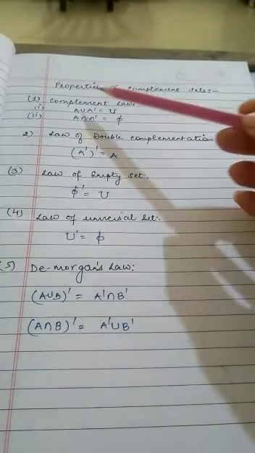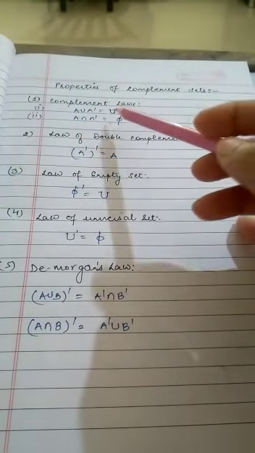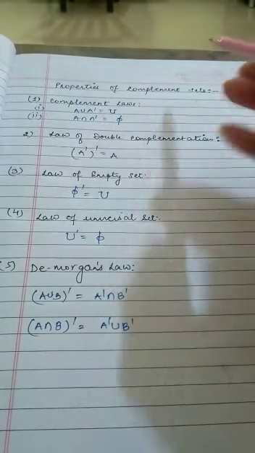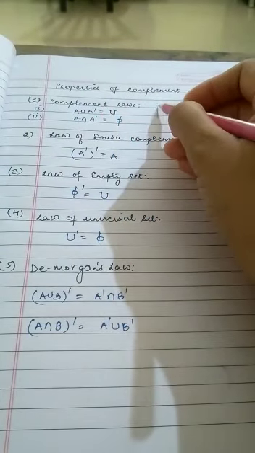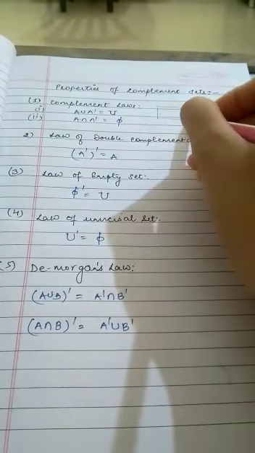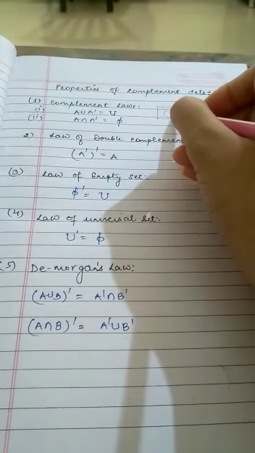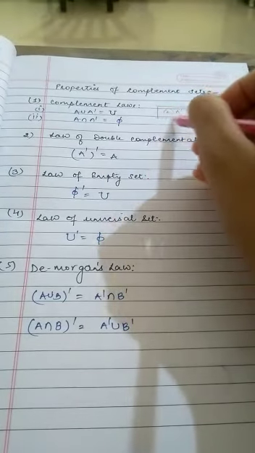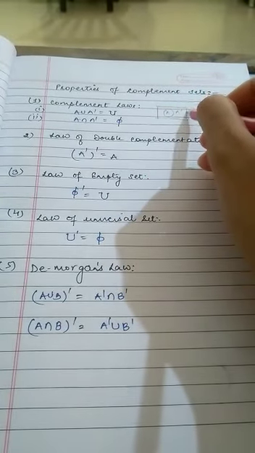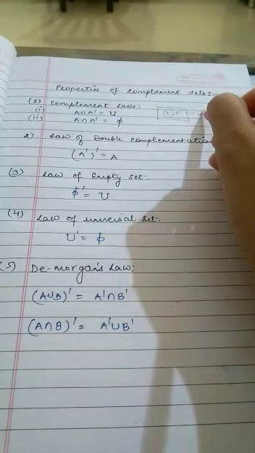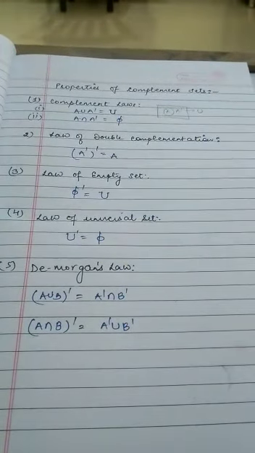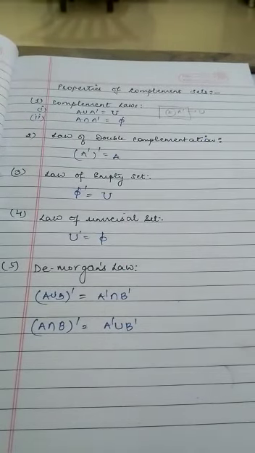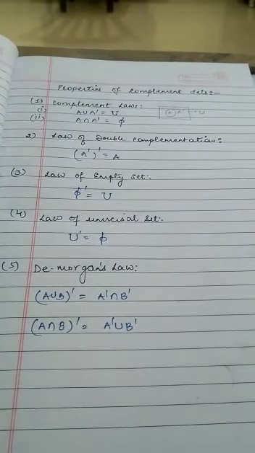Now see, first law is complement law. Complement law says A union A dash is equal to universal set. Children, see, if we have this a rectangular box and this is A, so this will represent A dash, and if I combine all the elements of A and A dash, this will give me the universal set or no? Yes. So we will have all the elements combined of A and those elements which are not in A, they will whole combine together to form the universal set.